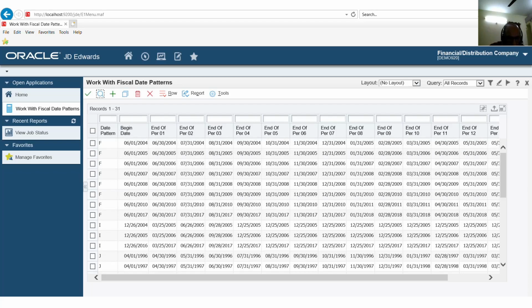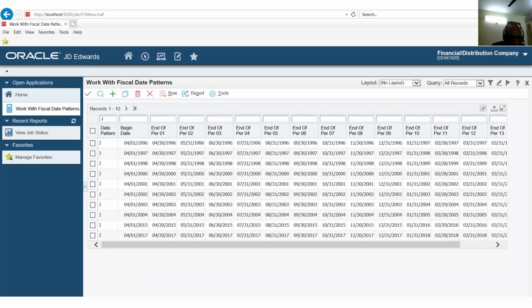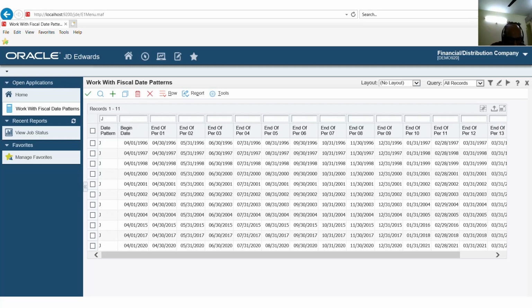Let me check this first. As I told you, we find A to N and R, the total 15. The last year here in the date pattern starts from 1st April 2020. So this is available, but other fiscal years are not available.